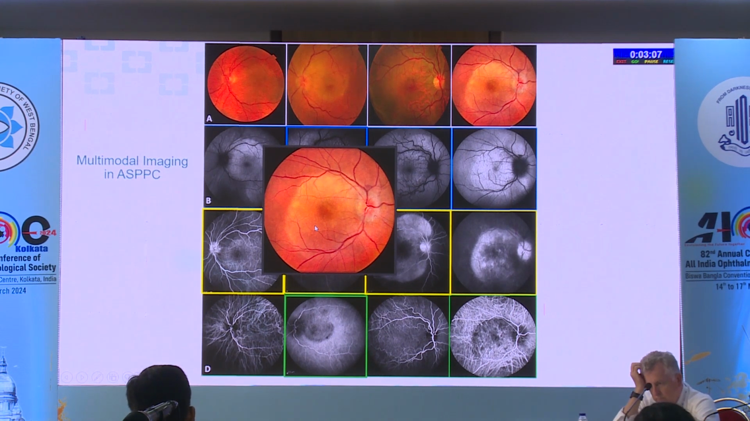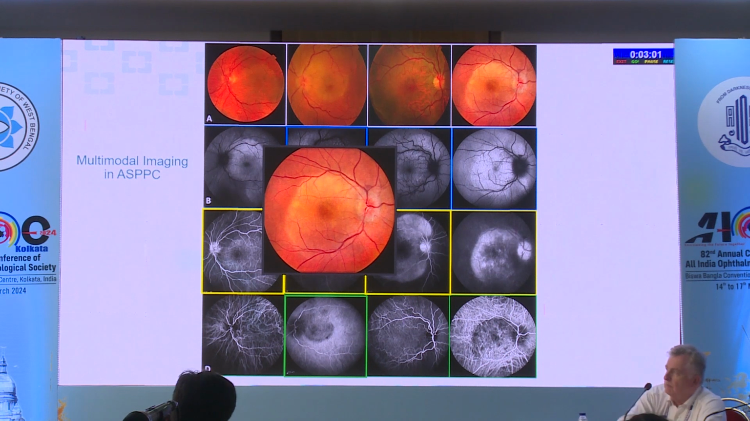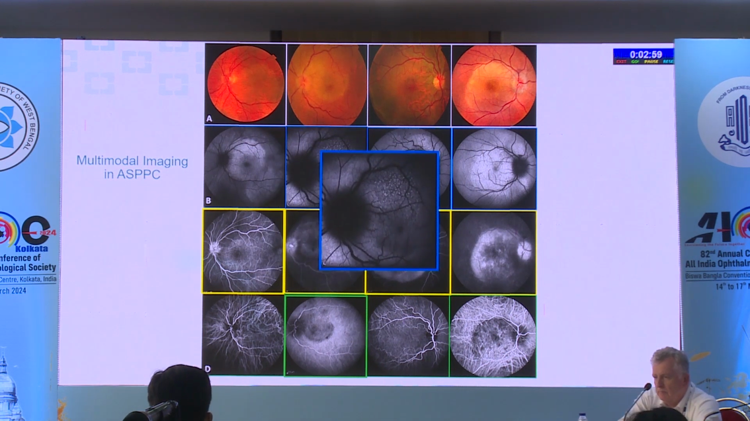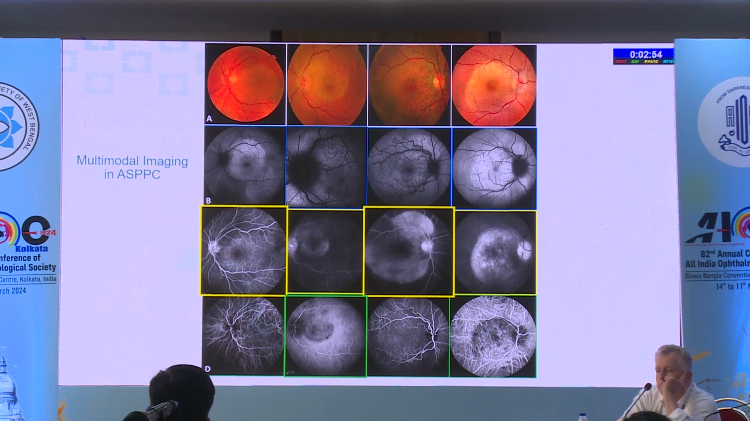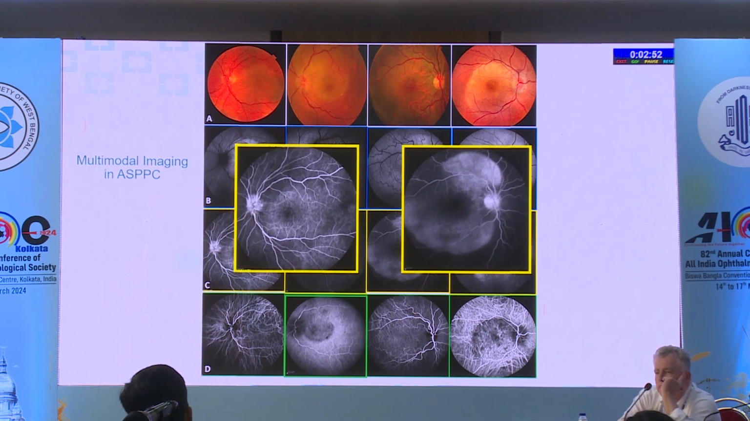Why at the level of the macula? Because the choroid, if it's coming from the choroid, is thicker and has a higher volume of blood at the level of the macula. On FAF, the RPE bumps are hyperautofluorescent, and here on FA there is a leakage of